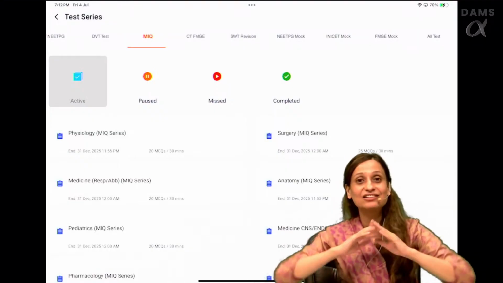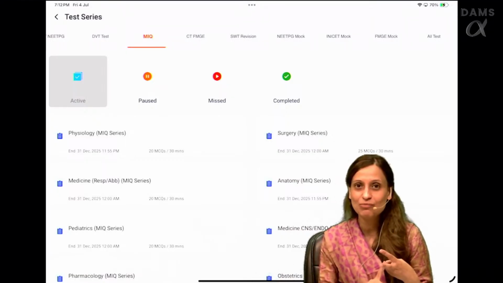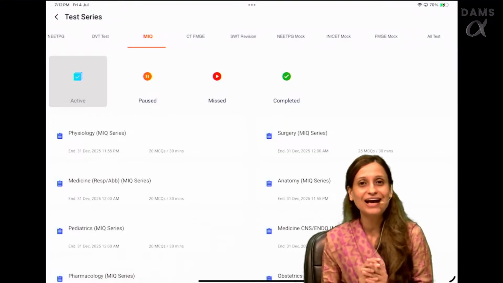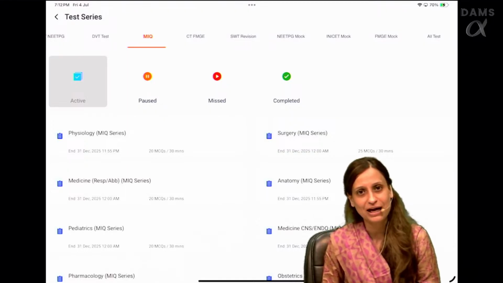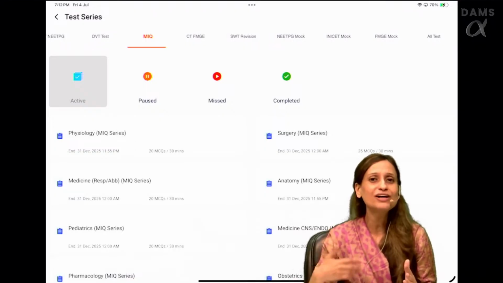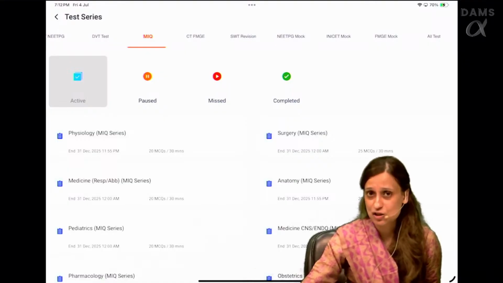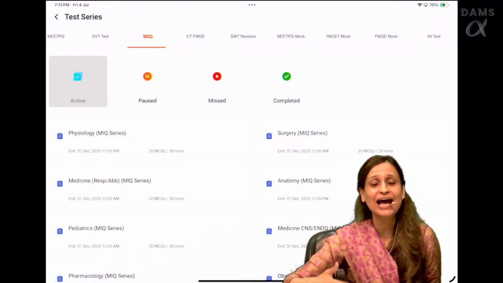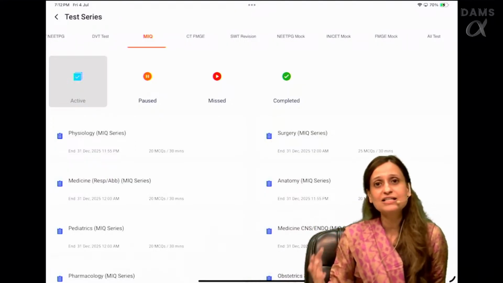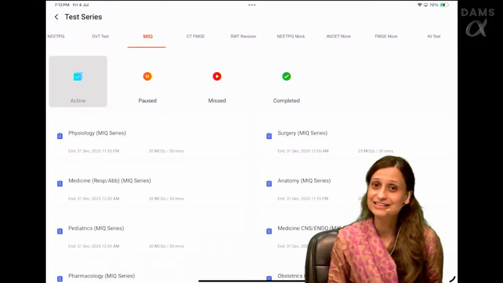So we have again 3 sets of mock test papers, which is INICET mock, FMGE mock, as well as NEET PG mock, right? To ensure that we are doing a lot of test practice. The mock tests are specially made so that you attempt more and more tests closer to the exam. So in the last 2 months especially, we should focus on testing and reviewing our mistakes or wrong diary, for which there are mock tests and grand tests and many small mini tests available in the test series.